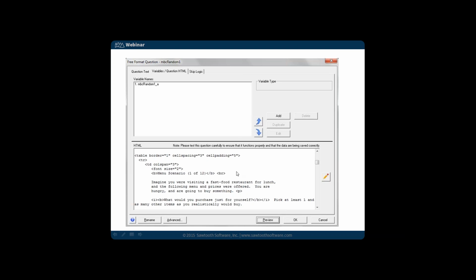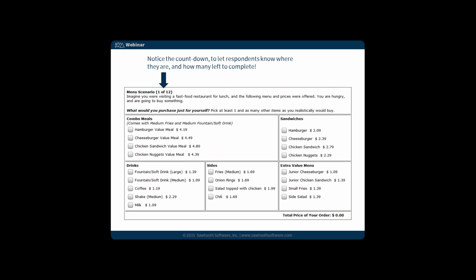But for example, this free format question with this HTML that I've programmed, if you click the preview button, looks like this, and when you preview the questionnaire and when the respondent takes it, the free format question renders all the HTML. Of course, the browser renders the HTML, shows it on the screen, and these prices dynamically each tap into the experimental design. Each one of these price points in the menu comes from a separate attribute that's in the CBC